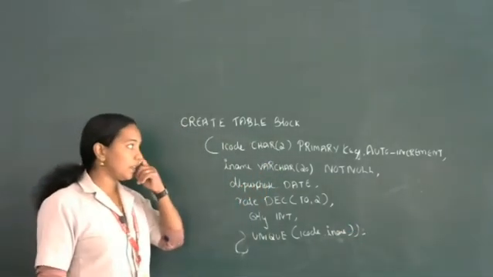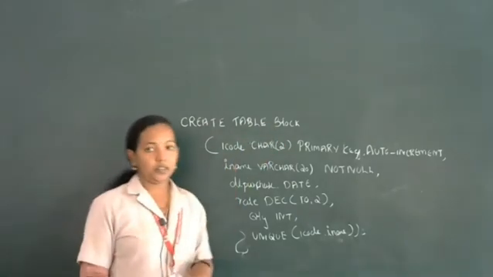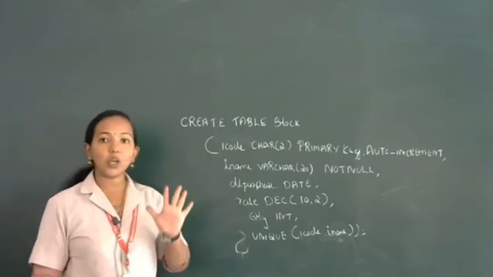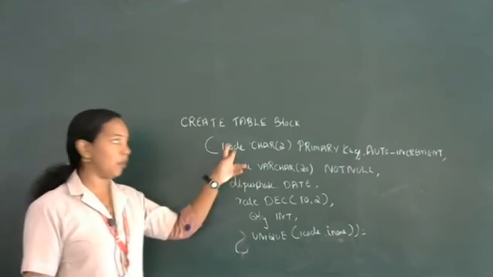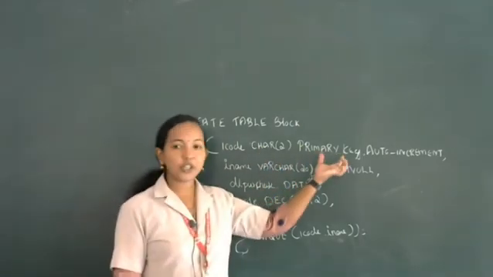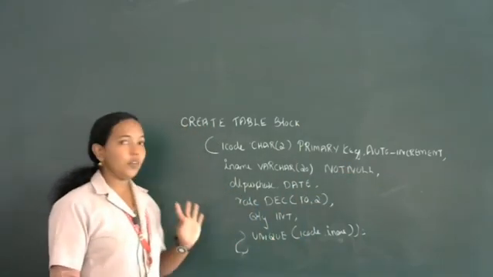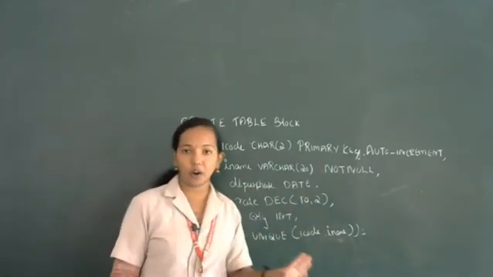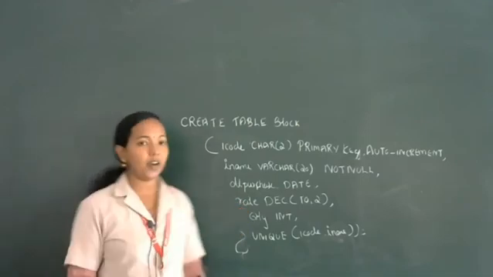Okay, look here. Here we are creating a table. What is the table name? Stock. Our table name is stock and it consists of 5 columns. What is the first column? iCode. iCode means item code. What will be the data type? Character. 2 characters we are using. Then it should not be empty. After each row it is incrementing by 1. Second one, name of the product. Data type varchar. Name should not be null. Third one, date of purchase. Fourth one, rate. And fifth one, quantity.